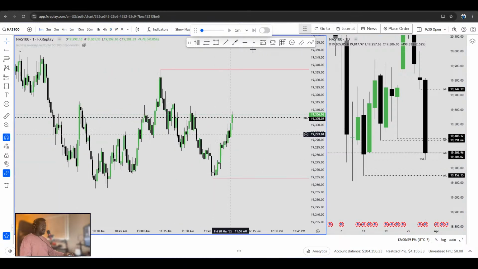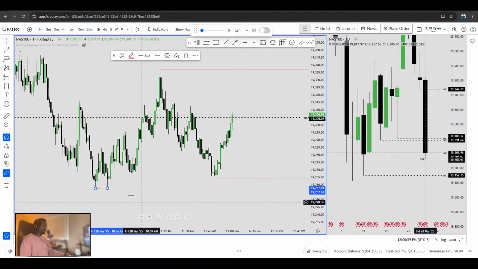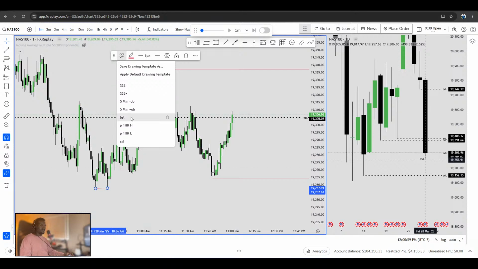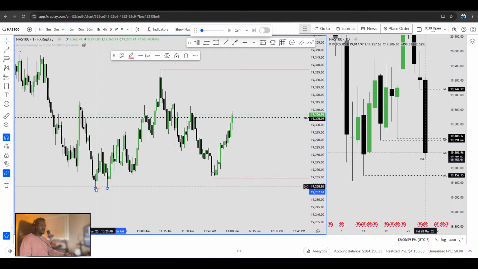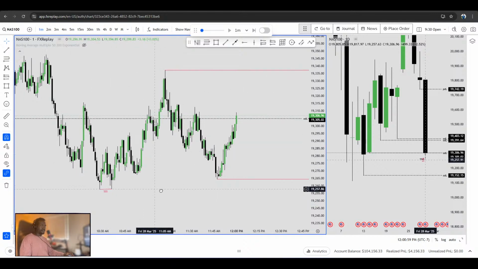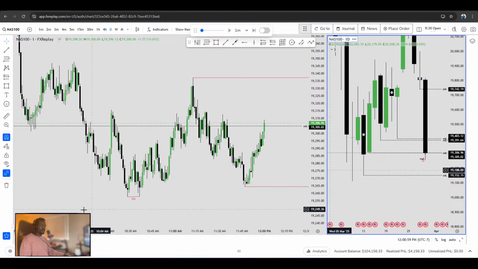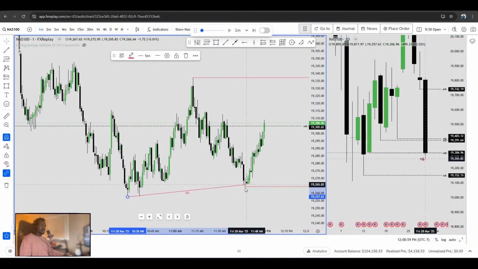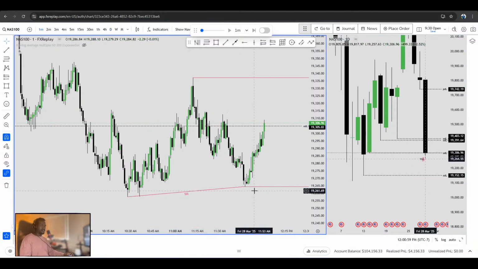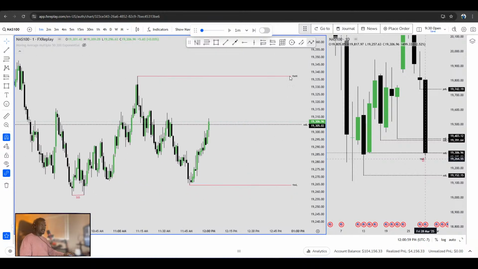Look what we have here. Equal lows, double bottom. I know people are long in here. That's resistance, that's support, and then the money. So all of this is low resistance liquidity, but what I would really like to see is if we can come down, take that low, and then shoot up,